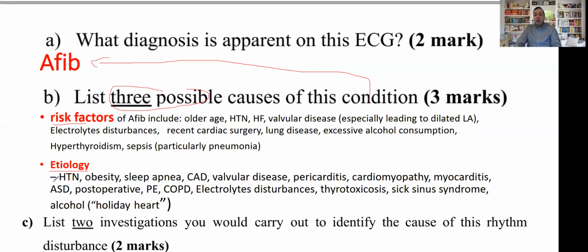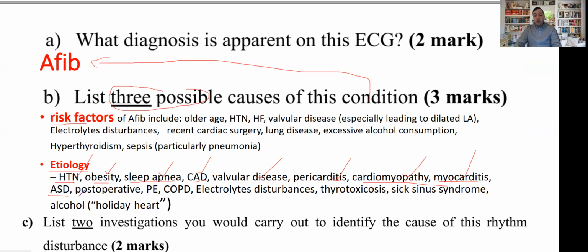The etiology of atrial fibrillation could be cardiovascular related causes and could be non-cardiovascular related causes. Cardiovascular related causes could be hypertension. This is one of the important things. Could be coronary artery disease, valvular heart disease, pericarditis, cardiomyopathy, myocarditis. All of these are cardiovascular causes. Non-cardiovascular causes: obesity, and our patient is obese. Sleep apnea, our patient has sleep apnea. And other things,